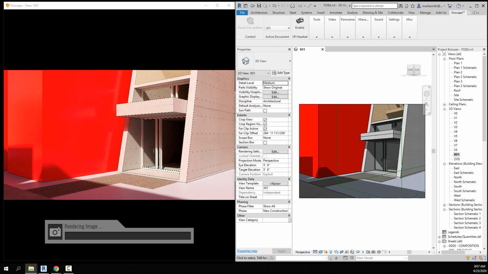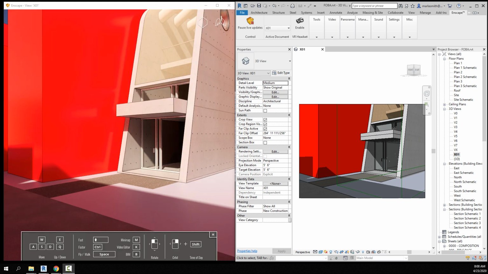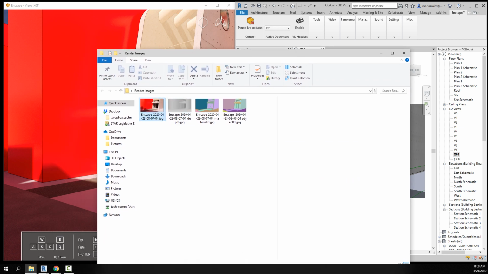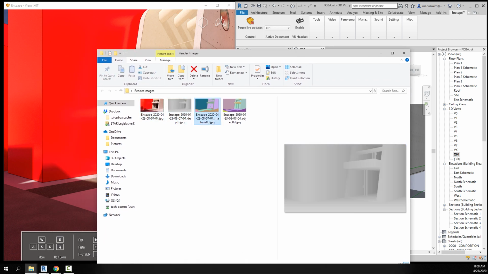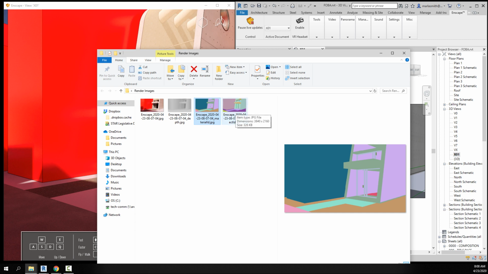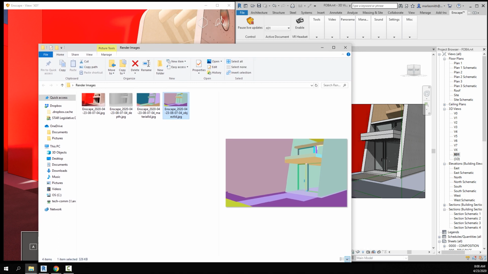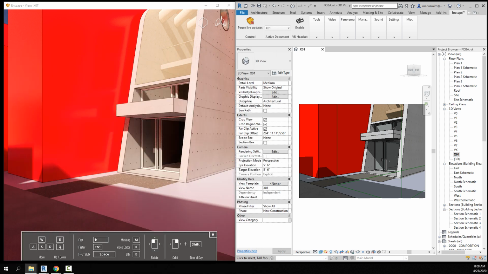So now you can see over here it's rendering out the image, so I'll pause while it's rendering. All right, so that took about a minute, so it wasn't very long. And then you can see here are the render images that came out: the depth, the material ID, and then the object ID. So it just gives you masks that you can use in Photoshop. There's also an EXR option for rendering out different channels, but I've been unable to get that to work, so I'm going to keep working on that. Okay, so